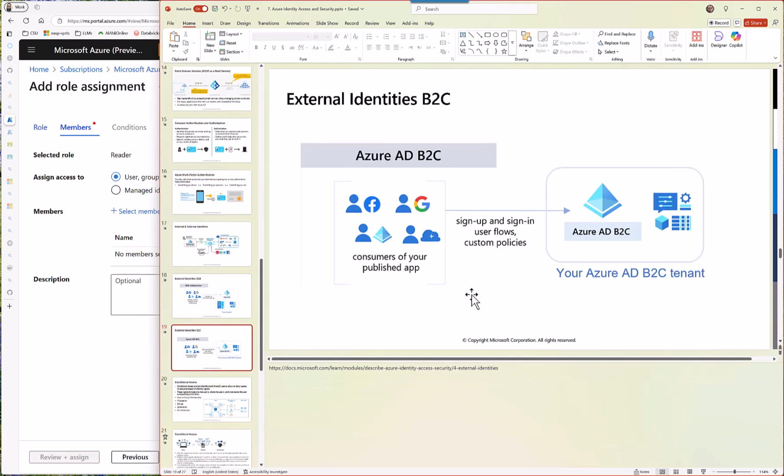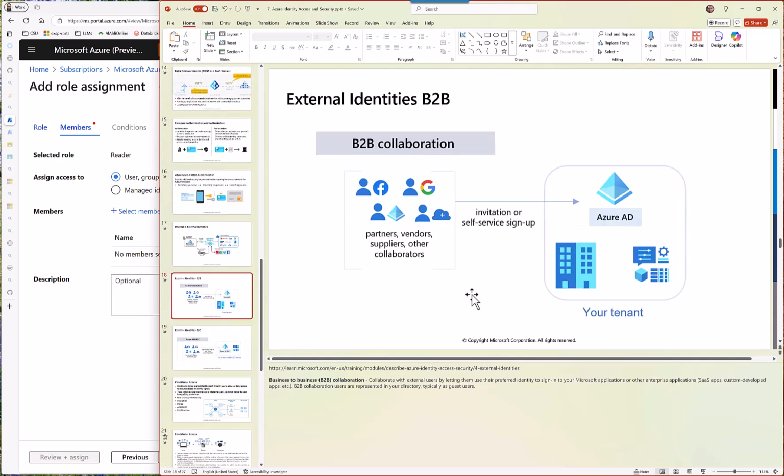इसके अंदर मैंने दो चीज़ें बताई थी आपको, B2B और B2C. B2B is to collaborate with external users. ओके, ये यूजर्स हैं, एक्सटर्नल यूजर्स, आप इनको एंट्रा आईडी में ऐड करते हो, इनवाइट करते हो. Once they are added, they can work on your applications internally, on all your stuff, right? कस्टम डेवलप जो एप्लीकेशन आपकी एंट्रा आईडी से सिक्योर हुई है, उन सारी के ऊपर ये can work on it, right.